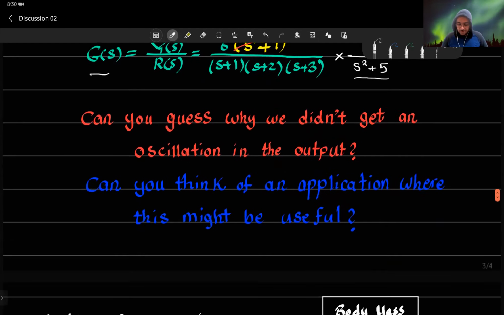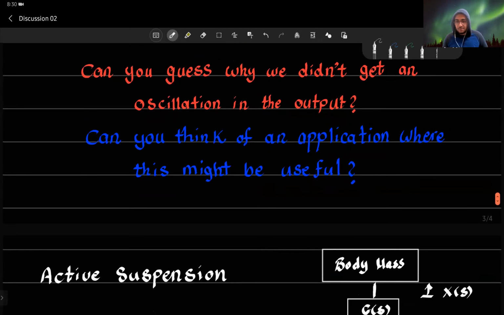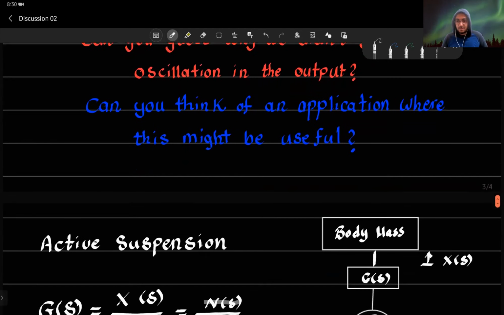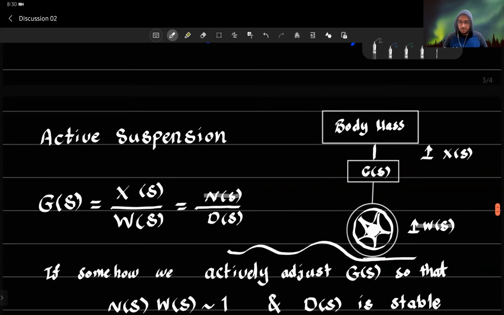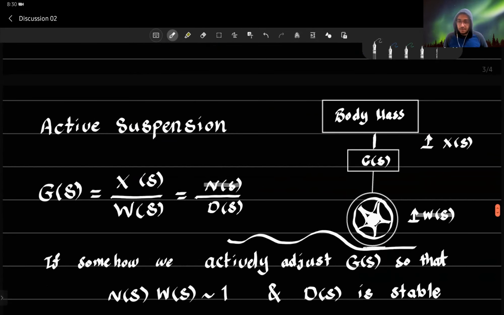Exactly. So, for instance, if we have a car, the suspension system of a car, if we have a car that is walking on a bumpy road, and we would like to be able to damp these oscillations so that the passengers don't feel it, right? So